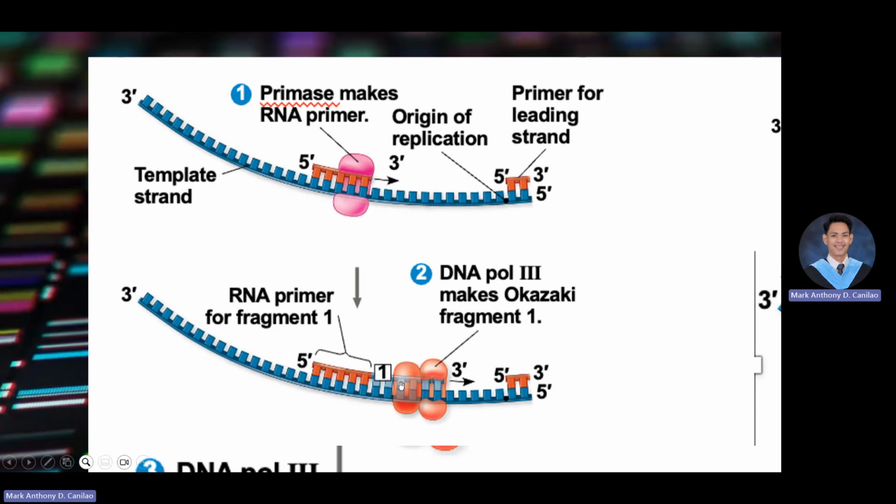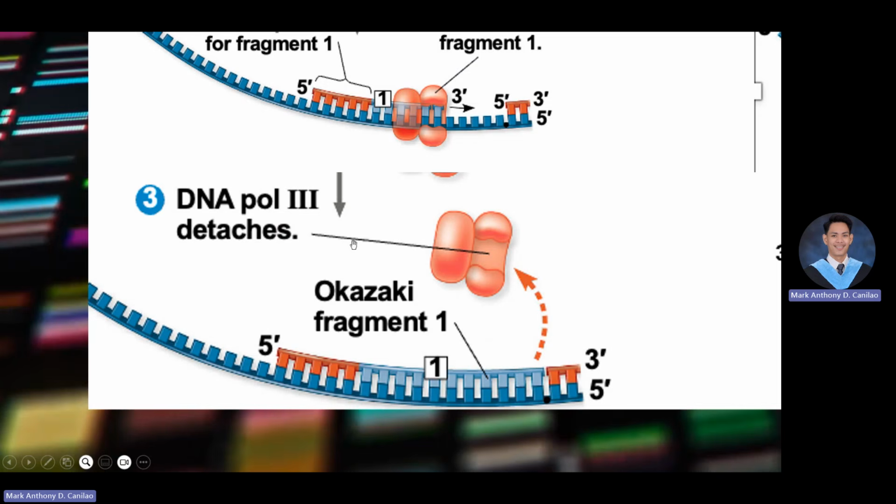It will start to add complementary bases as we can see in the image. Next, DNA polymerase 3 will be detached from the DNA elongation because it reaches the end. So when will DNA polymerase 3 be detached in the lagging strand? When it has found another RNA primer. The synthesizing, or adding of nucleotide bases, by DNA polymerase 3 stops when it reaches the next RNA primer. Okay, so that is the case.